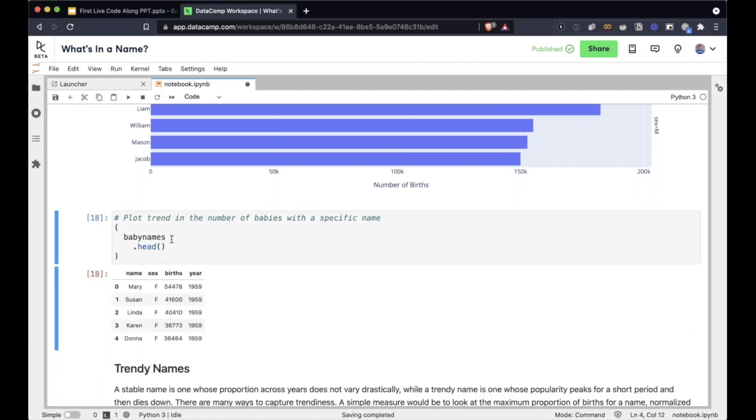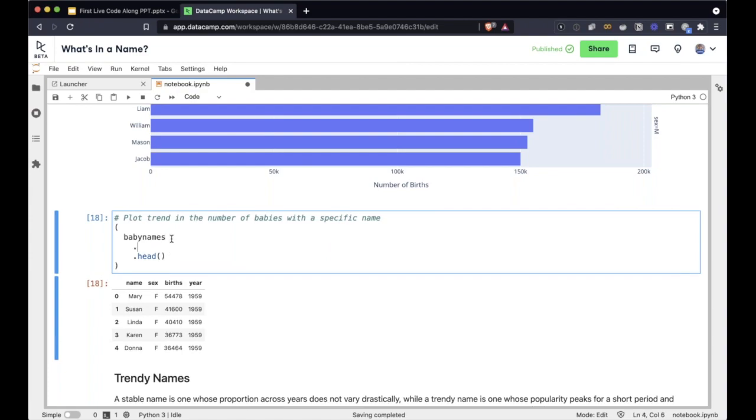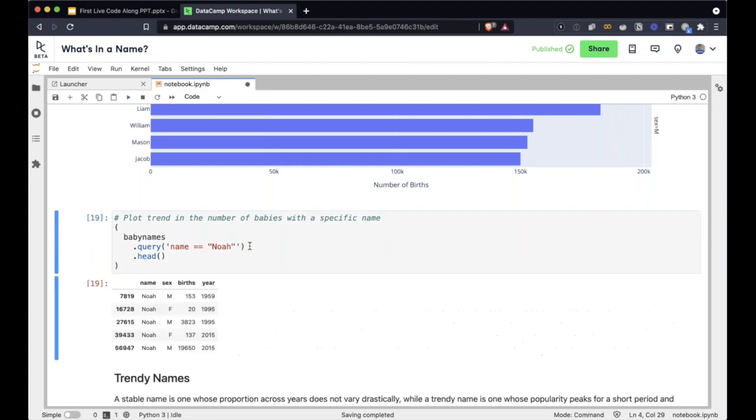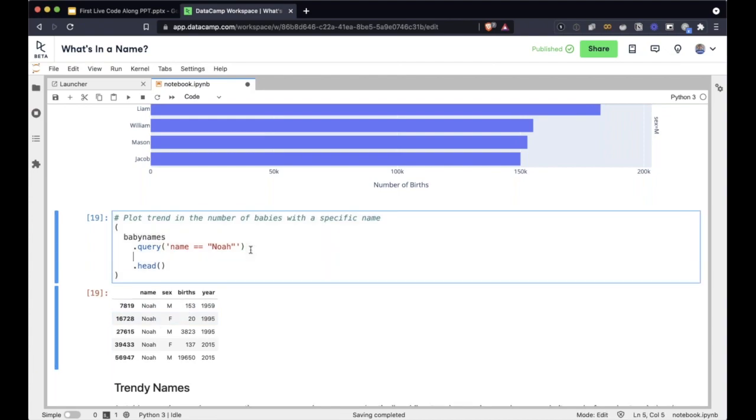So everything is good. So what I want to do, this time around, is take a particular name and only look at those names. So the way to do it, again, I'm going to use my query method and I'm going to say name equals. In this case, let's just use Noah, right? So this will filter only for Noahs. If I run it now, you see that I have only Noahs here. Let me also sort the values by year. So we can say sort values by equals year, and this will basically sort them in ascending order.